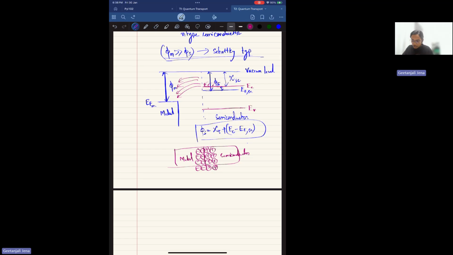Because of this charge transfer, there will be a potential barrier. An electric field will be created in this direction, which will ultimately create a built-in potential. This built-in potential will prevent any further charge movement. And because of this built-in potential and the charge carrier movement, as we have seen before, the bands will bend accordingly. For the n type it will bend upward, and for the p type it will bend downward. So if we represent it in the diagram,